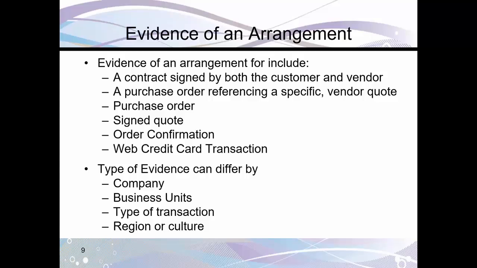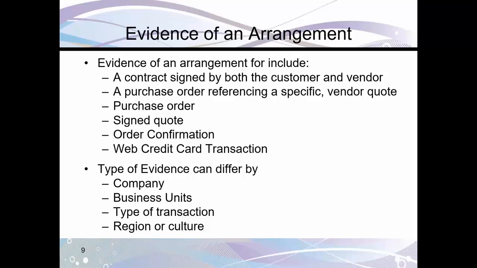And the type of evidence will differ by company, by the type of transaction, what the vendor is selling, what the customer is buying. Different business units of a company might use different evidences of arrangement. There might be a web unit and a unit that sells significant equipment for hundreds of thousands or millions of dollars with long written contracts, whereas the web business might just have a click-through type of arrangement. Also, different regions and different cultures, different industries, all are going to have different standards of how they document the